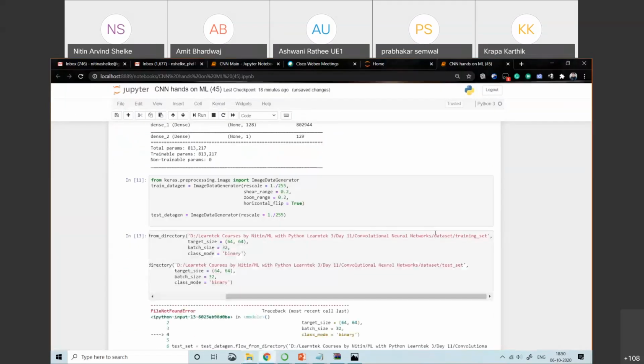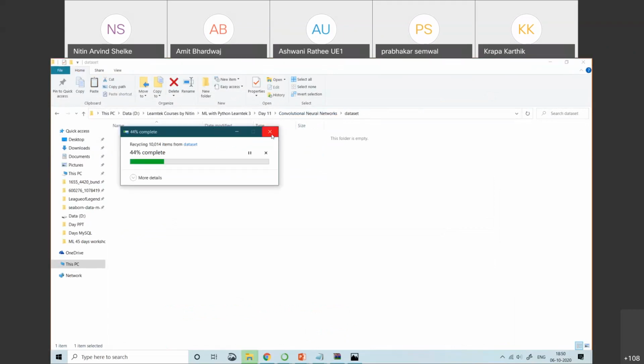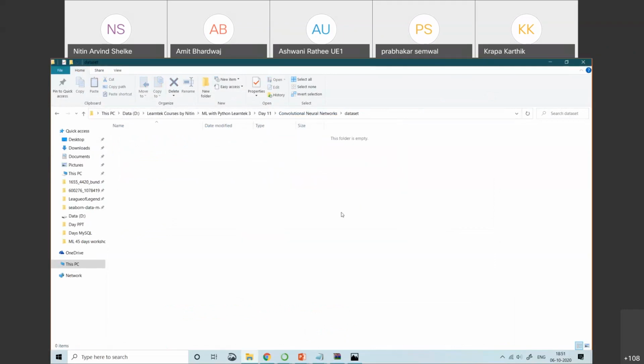In the data set, we have one more data set. So I'm copying this one, Control X, and deleting this.